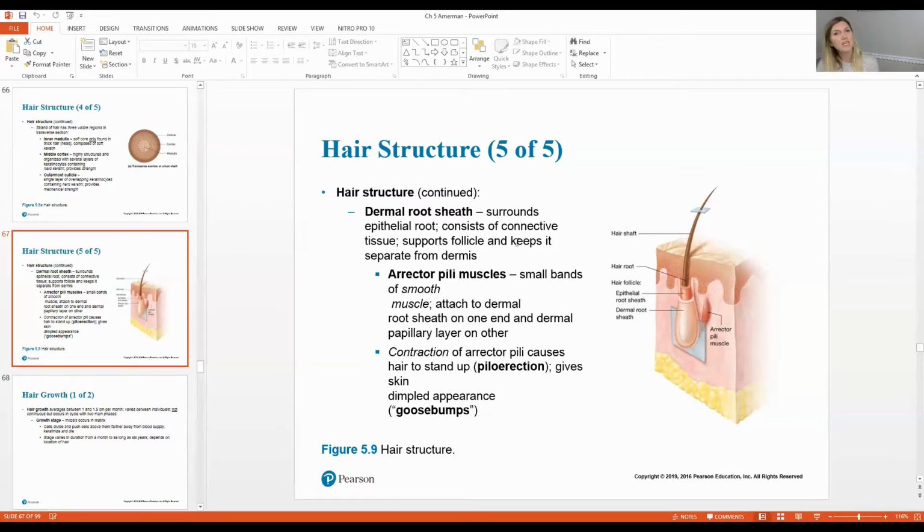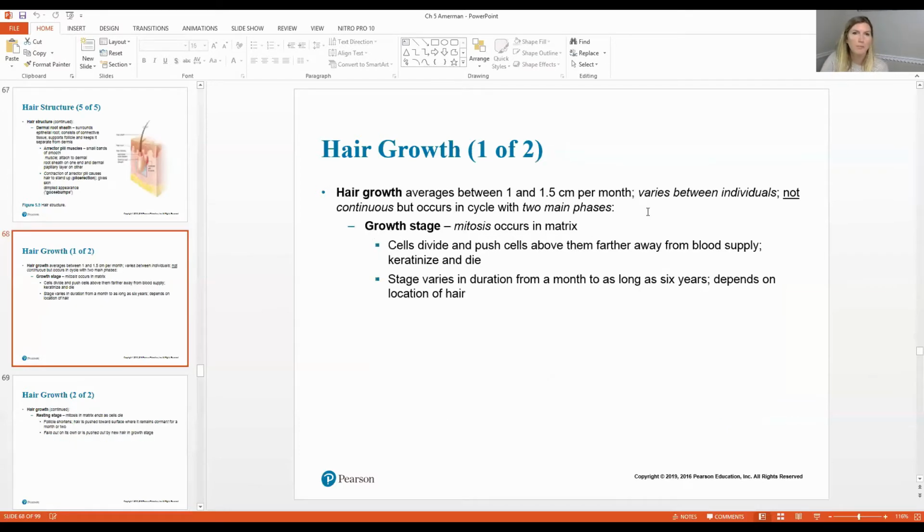Our hair grows in stages. It grows pretty slowly, between 1 and 2 centimeters per month. But when it's growing, it's in what's called the growth cycle. So the growth cycle is when that matrix